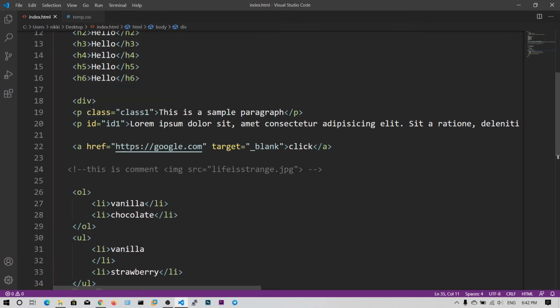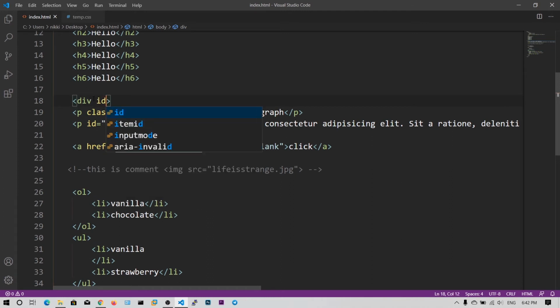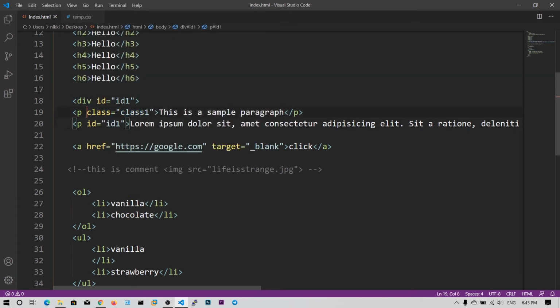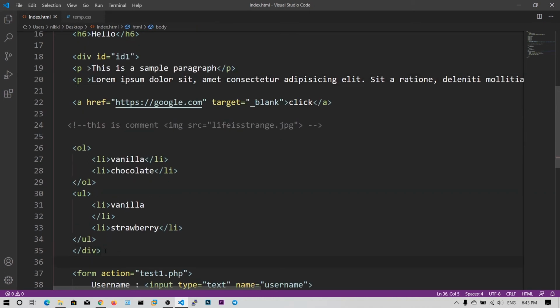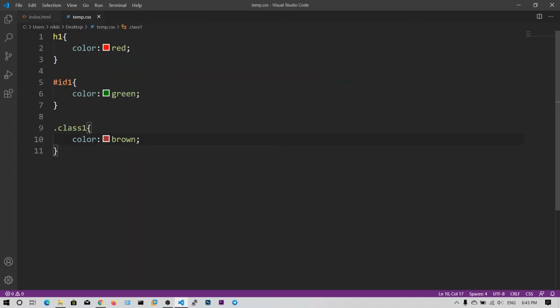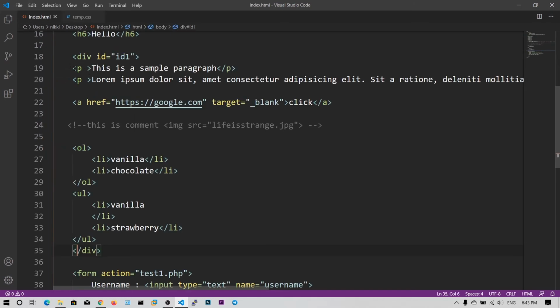Then you can give the ID equal to ID1. Let me delete this. Okay, now I have this block selector. This div points to this block and has the ID ID1. Since our ID1 contains green, this entire block's elements will turn green.